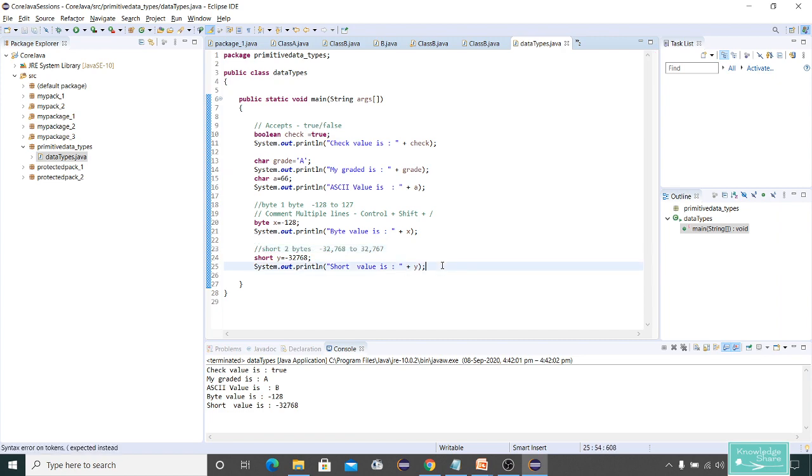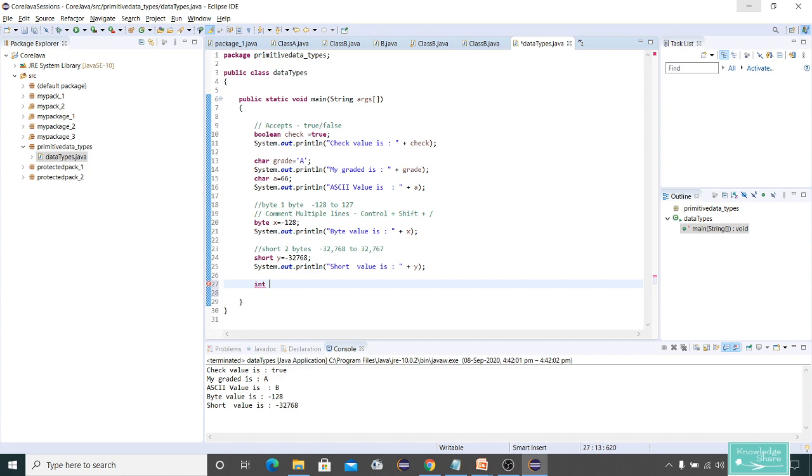Done. So now let's see the next data type. What is our next data type? Integer. This is the most used variable for storing different data like mobile numbers or anything. Let me take age or something like that. You can take any example.